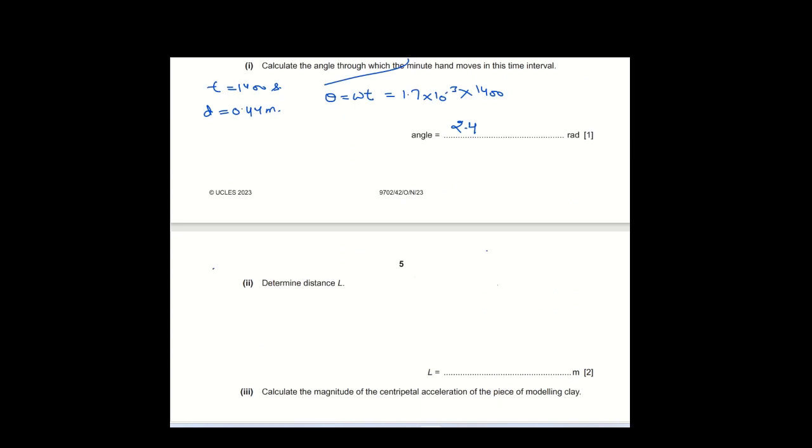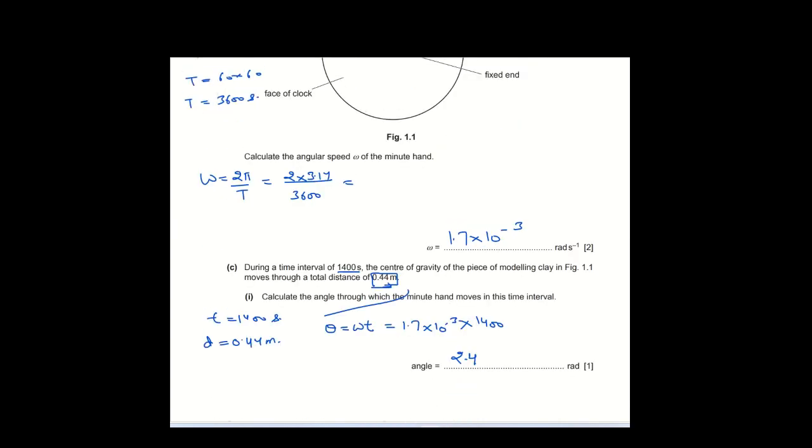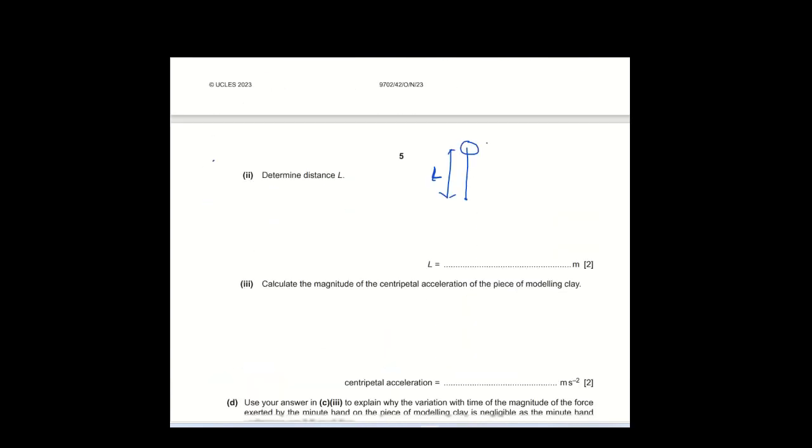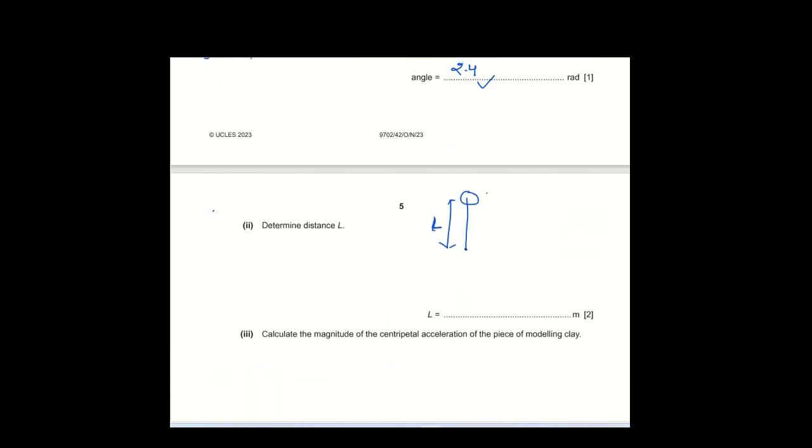Now in the second part we have to determine distance L. So I am drawing a diagram. Here is the modeling clay, and this is the fixed point, and this distance is L. We have to determine this distance. If you see the statement, the distance moved by the center of gravity is given as 0.44 meter, and when the center of gravity moves this distance, the angle is 2.4 radian. This means here